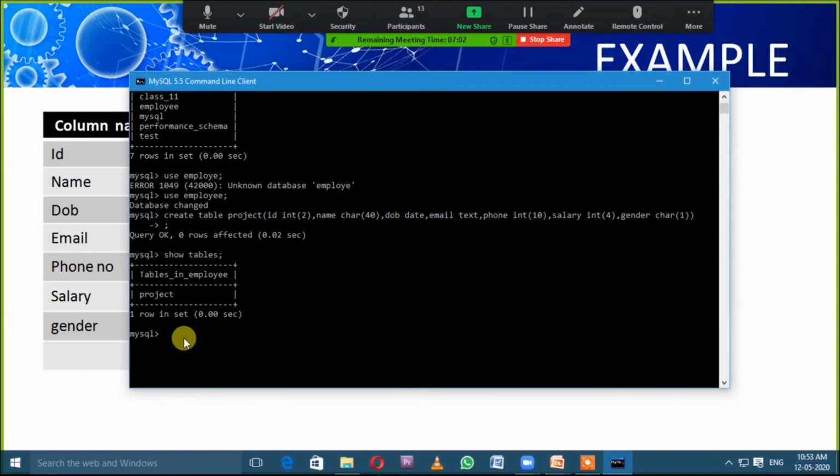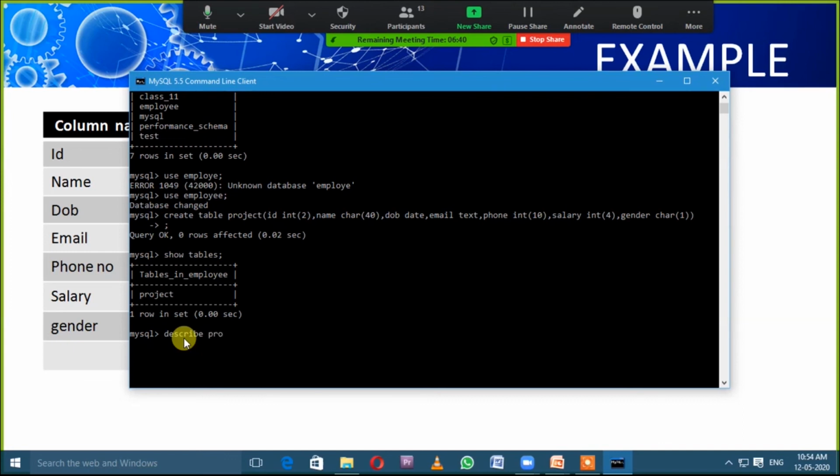Okay, now I am going to display the structure of the table. We haven't discussed how to display the structure. For this we will use a new query: DESC, or you can write the complete word DESCRIBE, describe space table name. So what is our table name?